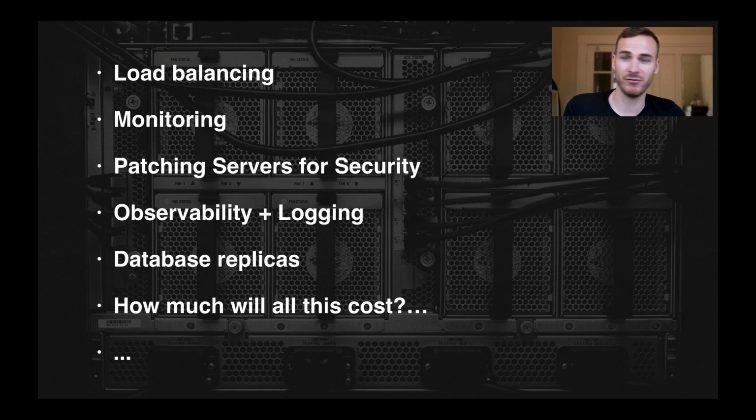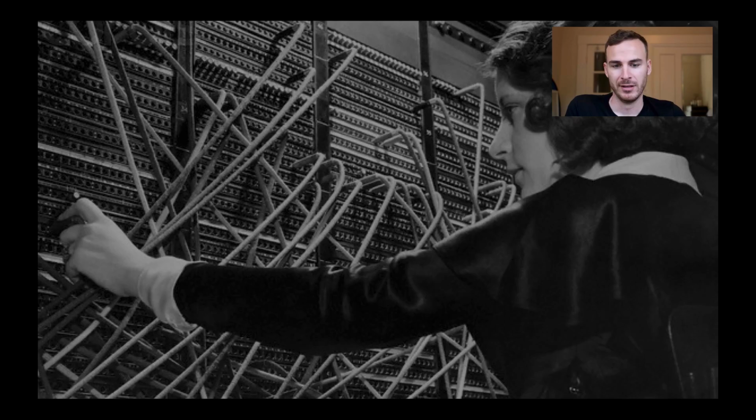Do I have observability and logging set up, very similar to monitoring? Do I have database backups? Not only do you need replicas and load balancing for servers, but if you have a single database and it's not sharded out or horizontally scaling, you could run into the same issues where maybe your server is fine, but the bottleneck is actually in your database. And then finally, how much is this costing us right now? It starts to get pretty complex, right? So not the single server with your Express app running, you run the process and it works on your local machine. It's super simple to do.